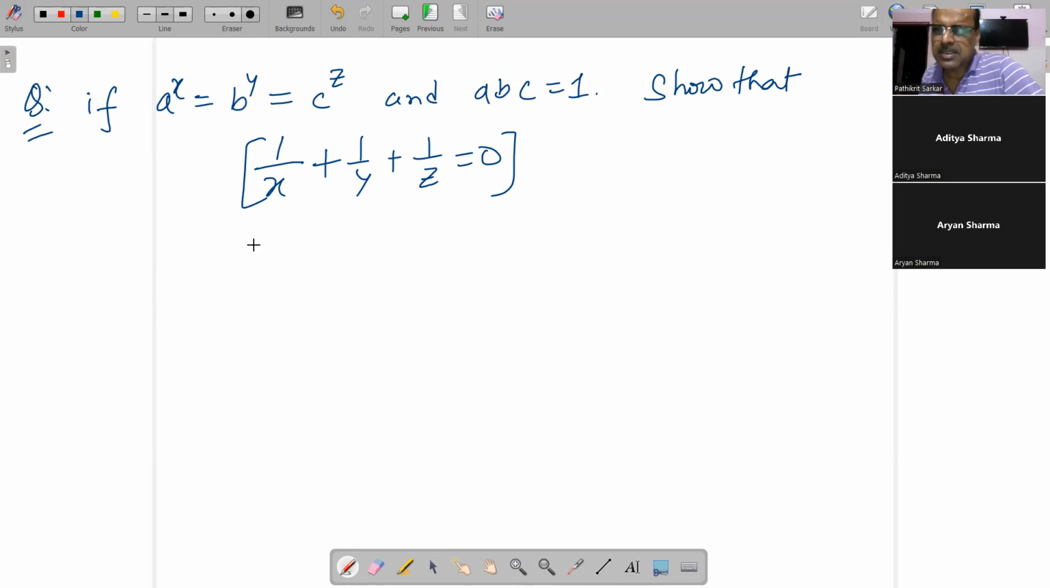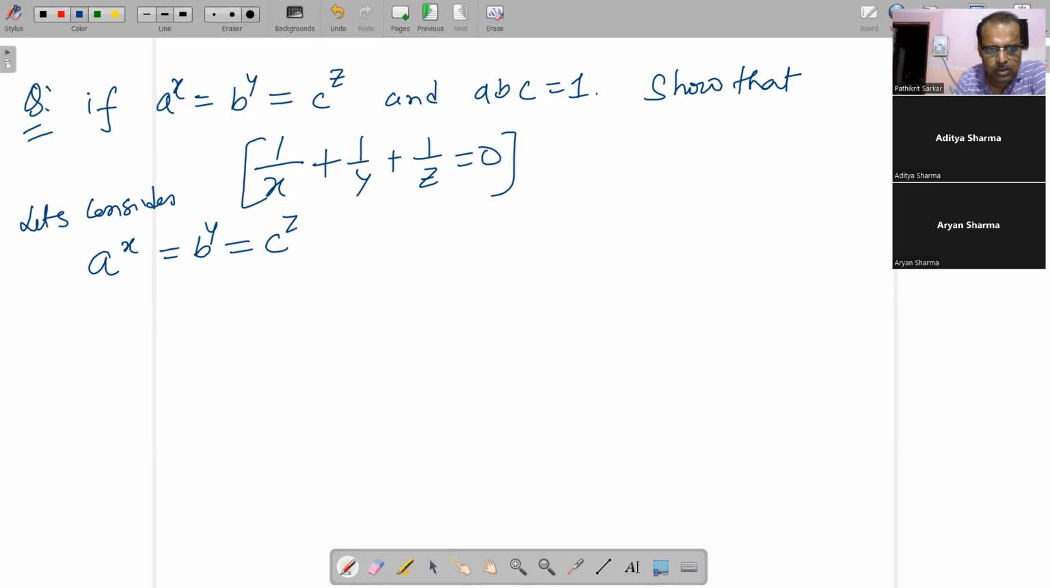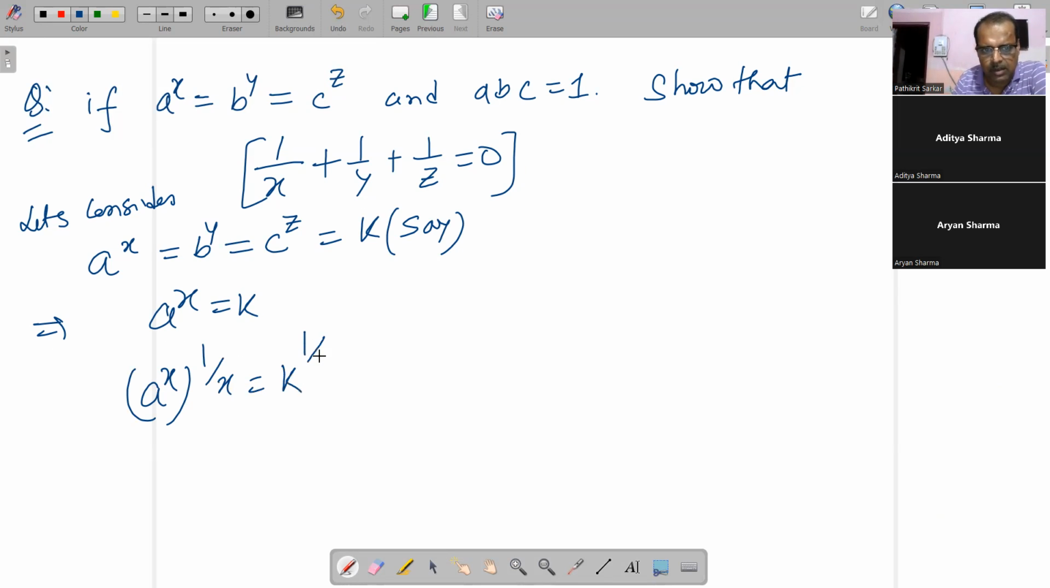कैसे करोगे सर? सेम प्रॉब्लम सेम ट्रिक्स अप्लाई करेंगे। दैट मींस लेट्स कंसीडर, सो हम लोग लिखेंगे लेट्स कंसीडर a to the power x is equal to b to the power y is equal to c to the power z is equal to k से। देन वी कैन राइट, इसको लिखेंगे a to the power x is equal to k, सो वी कैन राइट डाउन, इसको हम ऐसे लिखेंगे a to the power x के ऊपर हम 1/x लगाएंगे और इसको लिखेंगे k to the power 1/x। तो x कट गया, सो हमारा रहेगा a is equal to k to the power 1/x। सो दिस विल बी योर इक्वेशन नंबर 1।